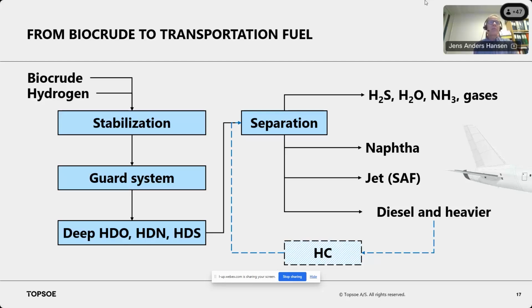Then you can have some product that boils higher than jet, and that was also what Daniele showed. Some products were boiling higher than jet, and then you could take that back and hydrocrack that, and then convert the heavier material into more jet boiling material, and thereby you could optimize the amount of jet you can produce. So this is one of the routes we have pursued in our testing here.